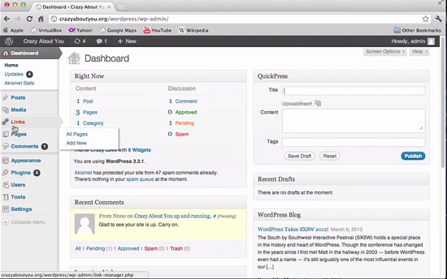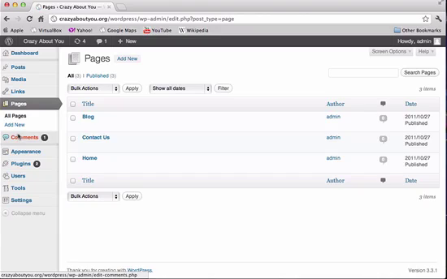If you want to edit a page or a blog post with more detail, you can click on, for example, the pages. You click on Pages right here, and then you have your pages of the site, and you can add a new one by clicking this button right here, or edit an existing one by just clicking on the title of that page if it's something that you want to edit. So you click on Add New,